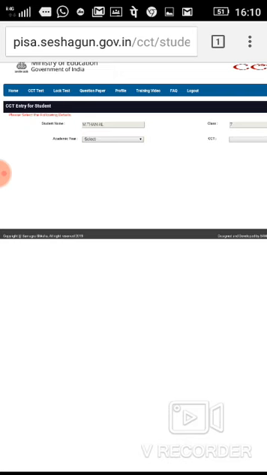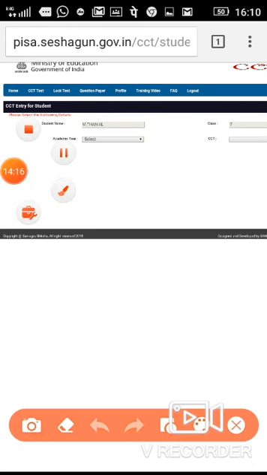So first of all you download the question paper, do it offline, write your answers on a paper and then attempt the CCT test. For it you have to reset your password also. Reset the password and then you lock it.